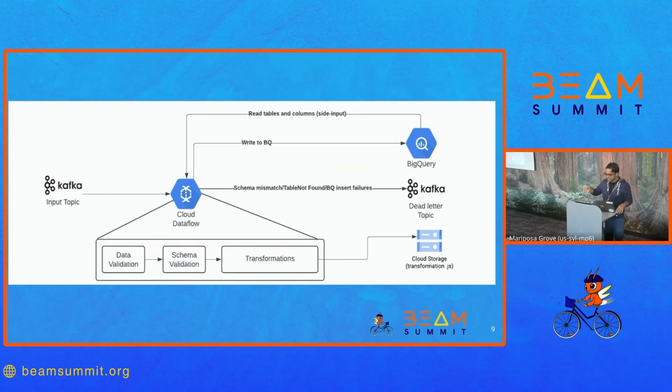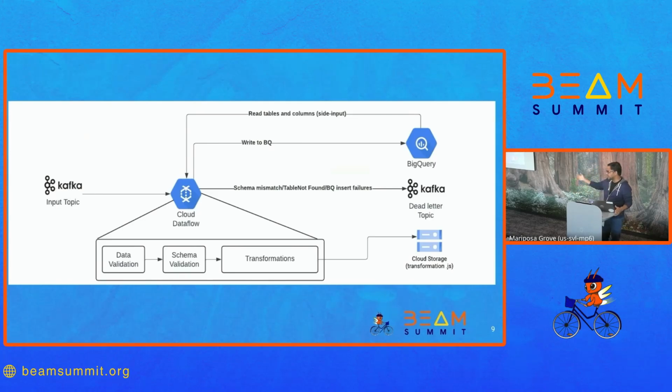Once Dataflow reads the message, it does a data validation to make sure that we got the data properly. Schema validation is nothing but what we are trying to do: we are trying to see the payload. What are the fields in the payload? Does it comply with what we have in BigQuery, right? So BigQuery might have some required fields. We are making sure that the required fields are there. If there is any other thing that has to be mapped between the payload and BigQuery, that mapping is done in schema validation. There might be custom transformation, so we allow users to write their user-defined functions,